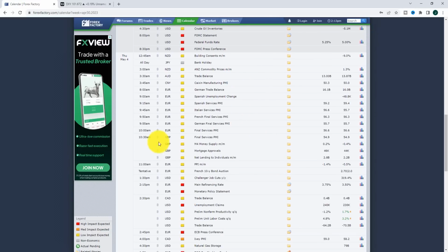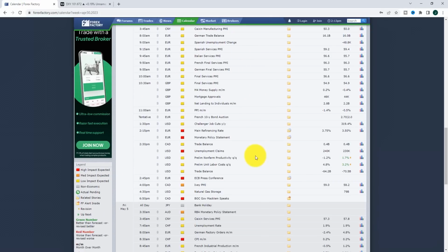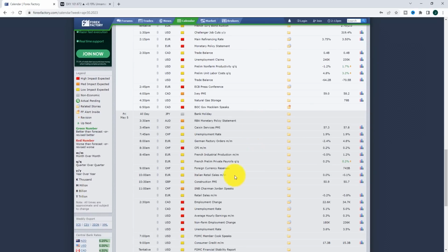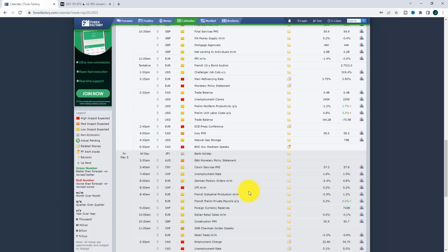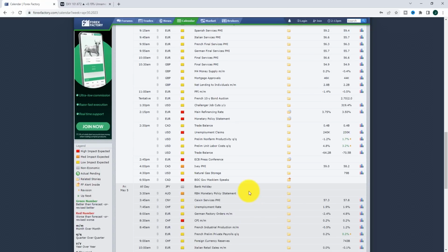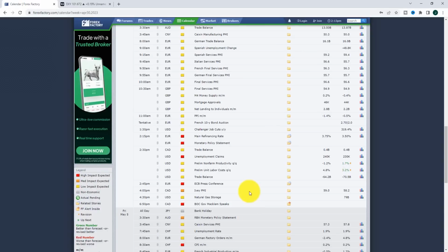And we also have on Thursday, the ECB, and on Friday, non-farm payroll. So a huge week next week, and it is going to be a tricky week. However, there should also be opportunities coming up, and we're going to look at this.